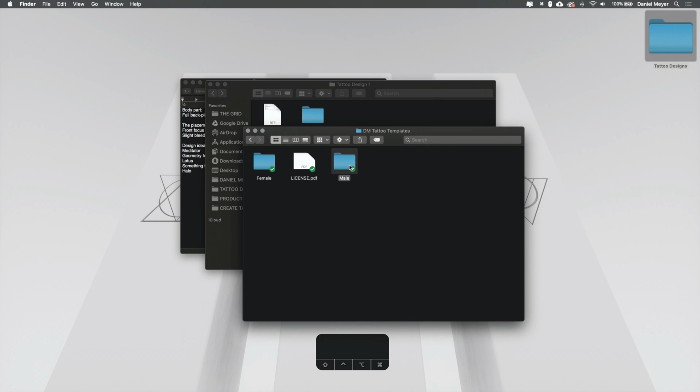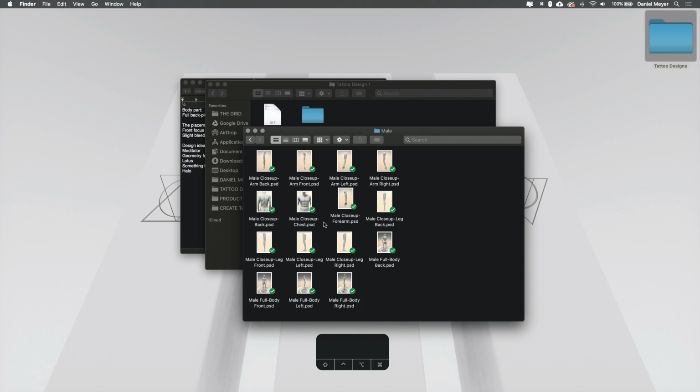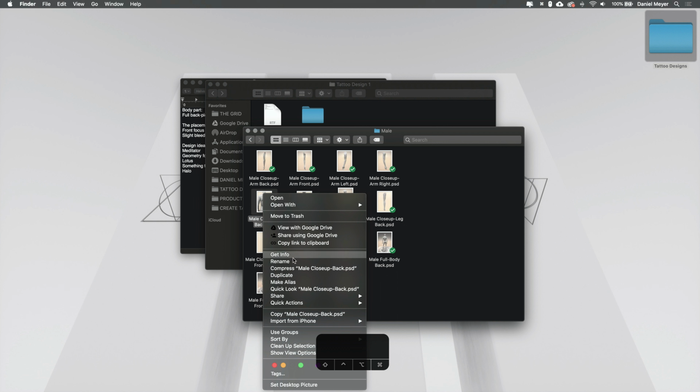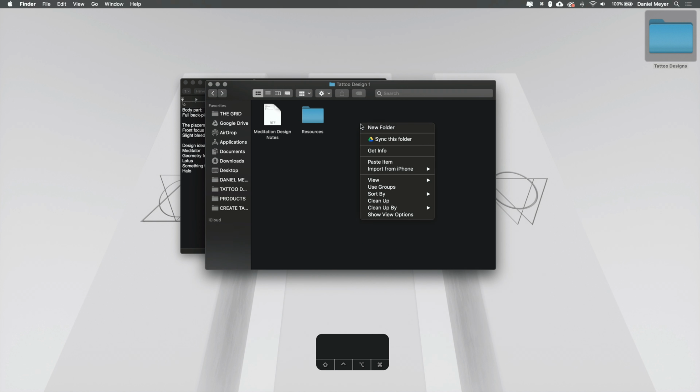The last file we still need to add is the tattoo template from the right body part. And I think I would like to start with a preview like this, close up, back, copy, paste. It doesn't really matter if it's a male back or female back because the design we're about to make will be unisex, so everyone can wear it. Let's rename this project. We call it Meditator Design.